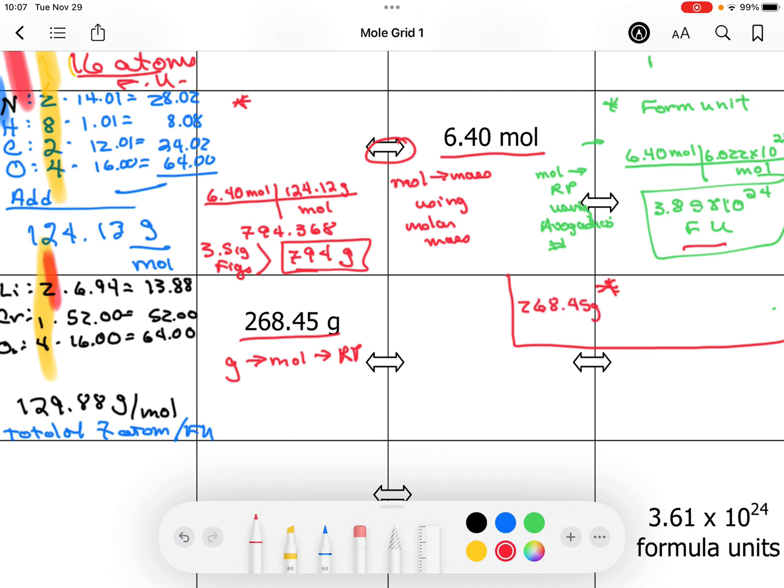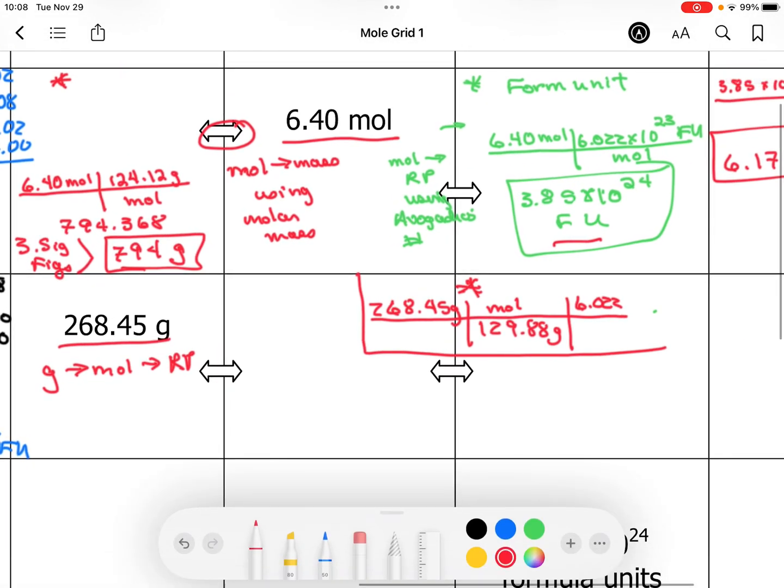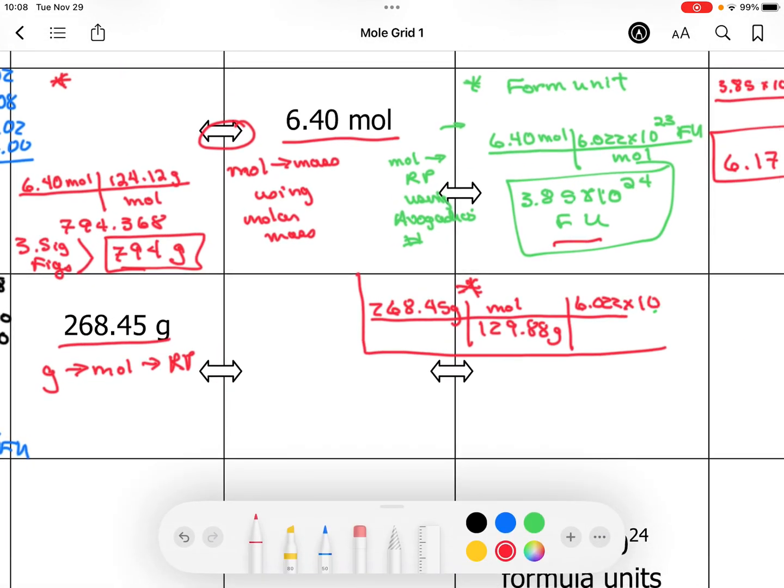268.45 grams times 129.88 grams per mole times Avogadro's number. Move over a little bit now. Representative particles per mole. This will equal